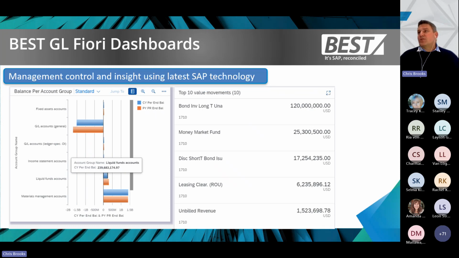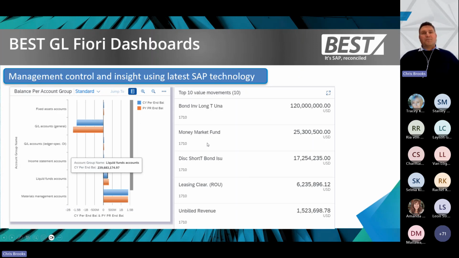And then lastly, just 2 other reports, looking at balances. You can have a look at, for the recons that you're performing in the month, what the balances are per account group. We can look at your current year and prior year, so that you can get a good idea of comparable balance to the prior year. And then also top 10 value movements. Based on your selection, you can see what your top 10 value movements are for those recons. And that might also help to highlight something that you might want to focus on or have a look at and check how that was done.